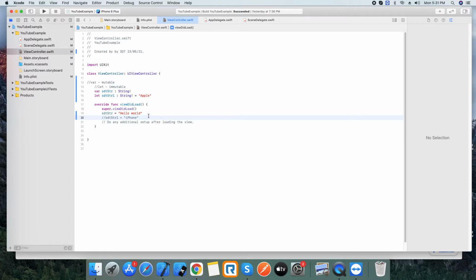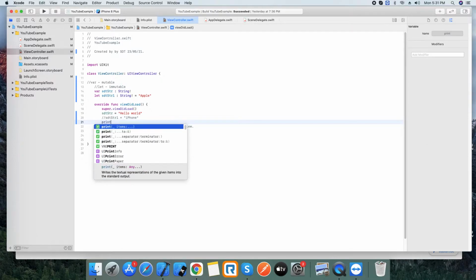Now we need to see the value in the console, right? In previous videos we saw how to run an application in the simulator. Now we can print the values in the console.